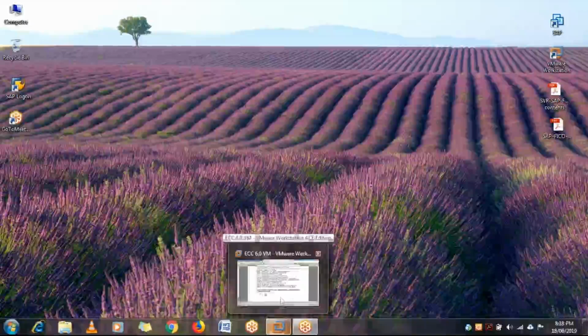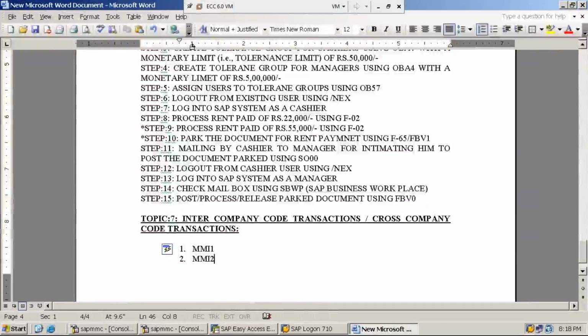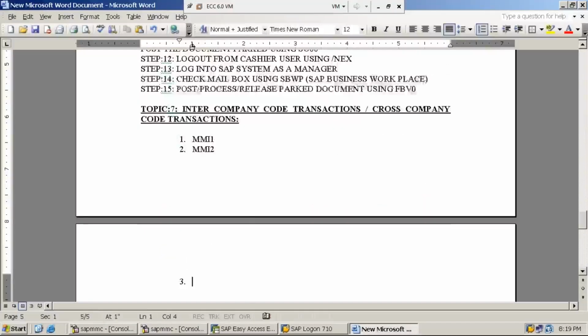So let us see the SAP configuration with respect to intercompany code transaction. Please take step number one. Step number one: to see this transaction, we need to create one more company code. So take down the step, create one more company code